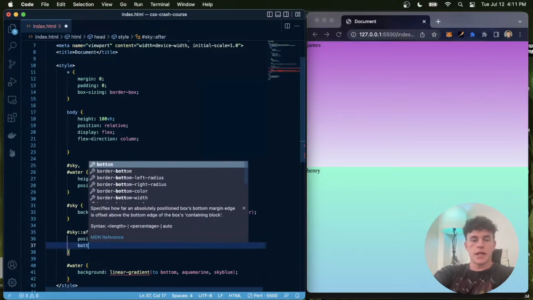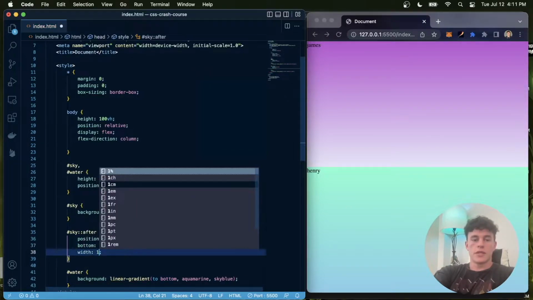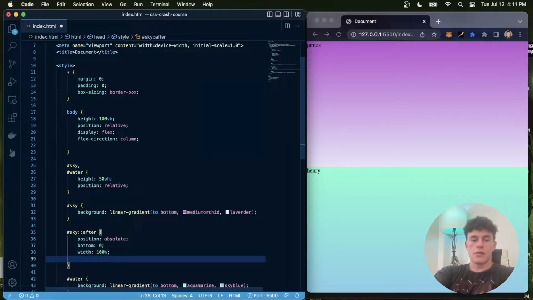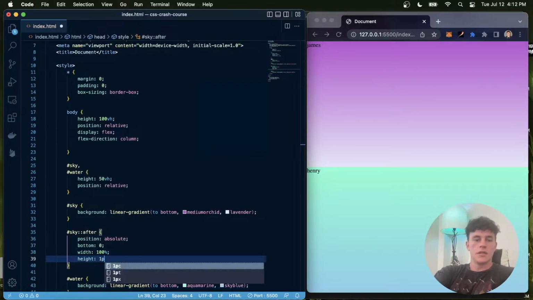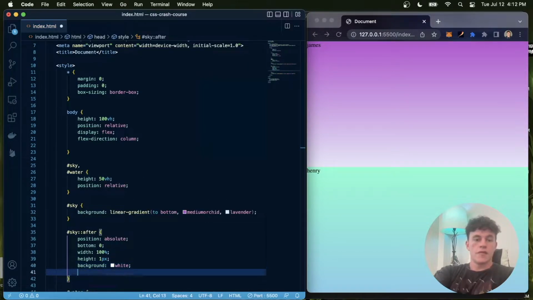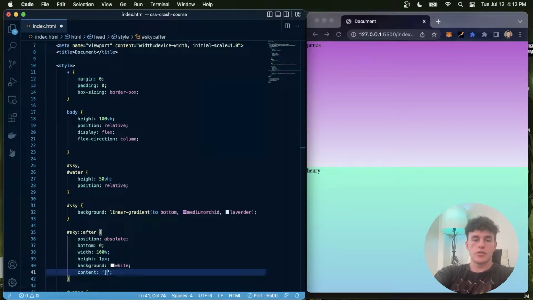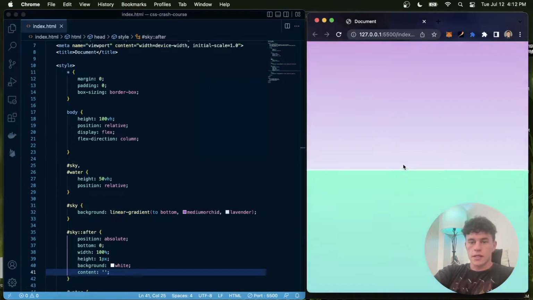And so in this particular case, I'm going to say that I want the bottom to be 0, so it's going to be hard up against the bottom. I want the width to be 100% of the parent element. I want the height to be 1 pixel. I want the background to be white. For pseudo elements, you have to set a content to an empty string. Equally, you could set it to a string, but in our case, I'm just going to go with an empty string. And so now when I do that, we get this slight white line down here